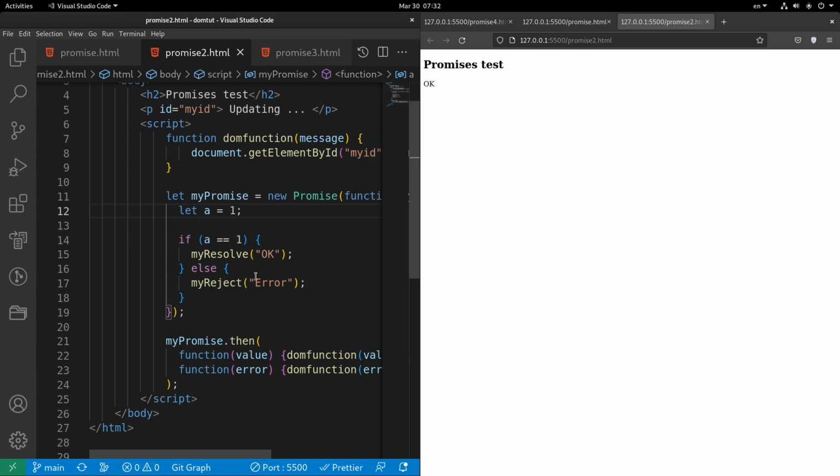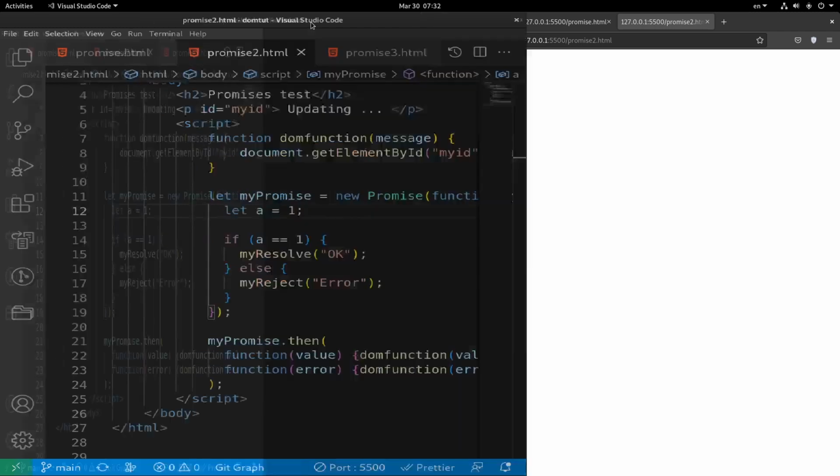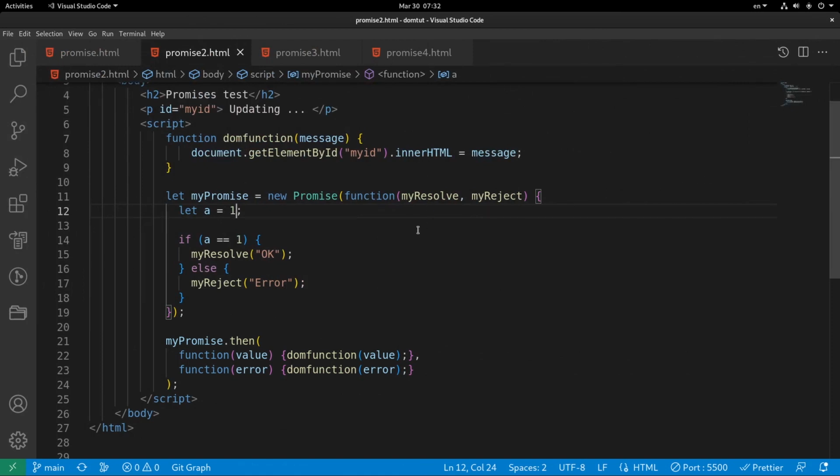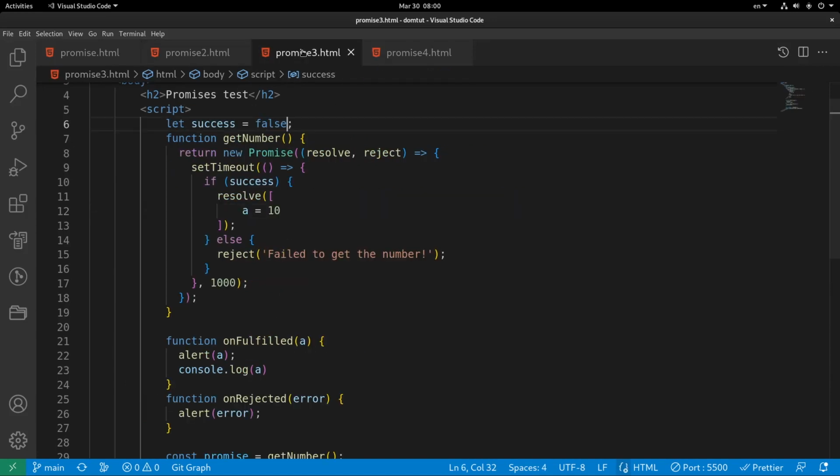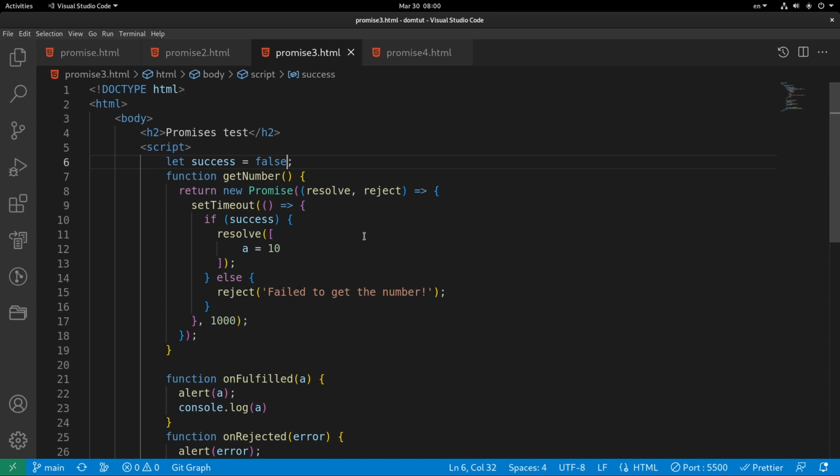But notice that if inside of your promise you have a kind of function that, for example, takes time for uploading or downloading or loading a photo or any other kind of file, then it will take some time, and my promise will wait for that, and after that it will activate this kind of operation right over here inside of the parentheses. Now in the following, let's get into the promise tree.html, and let us take a look